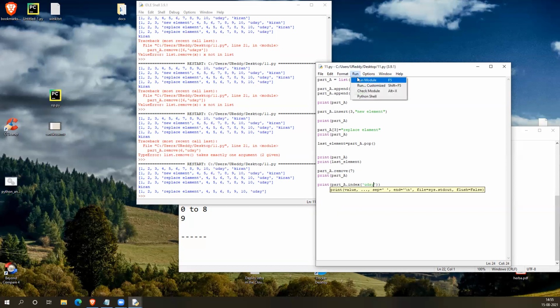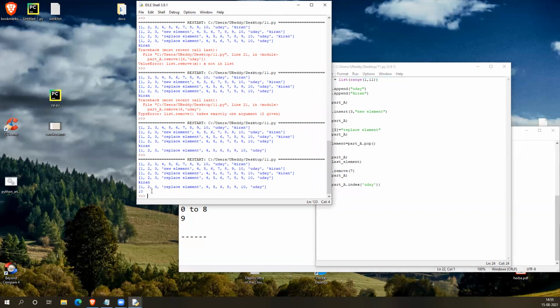We'll see. You see, it's showing the index as 10. 1, 2, 3, 4, 5, 6, 7, 8, 9, 10, 11. So total 11 elements. As I started from 1, it's showing 11. Need to count from 0: 0, 1, 2, 3, 4, 5, 6, 7, 8, 9, 10. So Uday is at index 10.